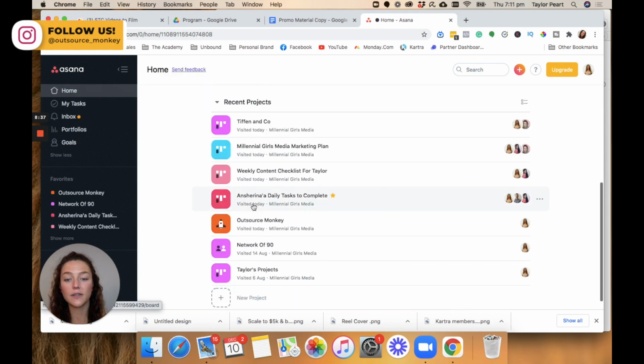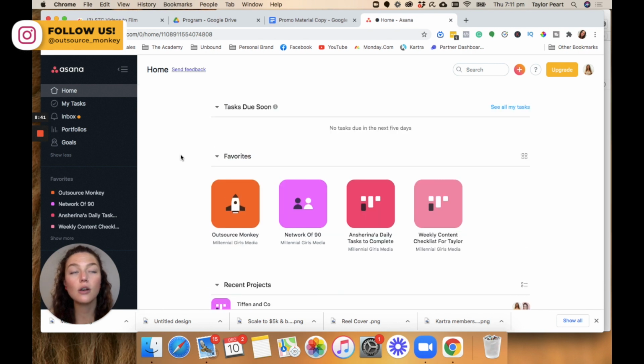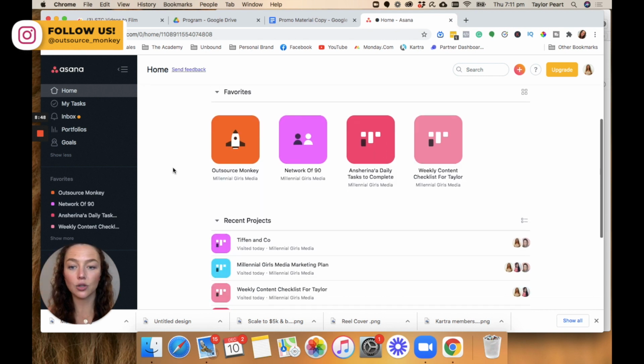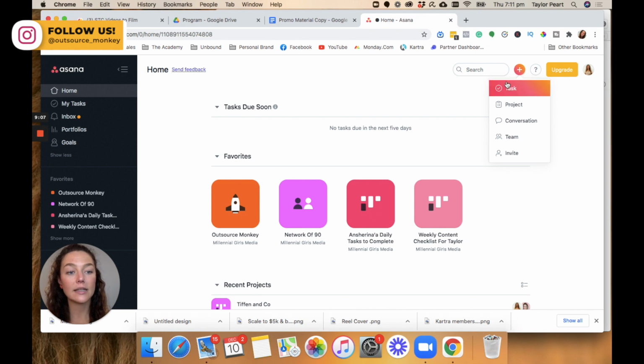So those are some of the boards that I just wanted to show you. In terms of setting up projects for yourself, I'm going to show you now how to do that, and then I'm going to give you a list of some of the boards, and I say boards because that's what they're called in Monday.com. Some of the projects that I think you will need to set up in Asana to be able to manage everything. So if we go ahead and click on this plus button here,